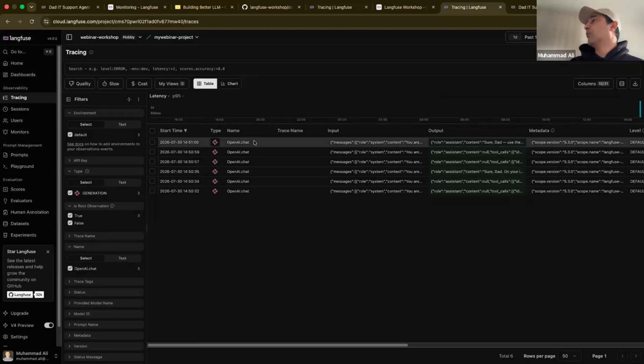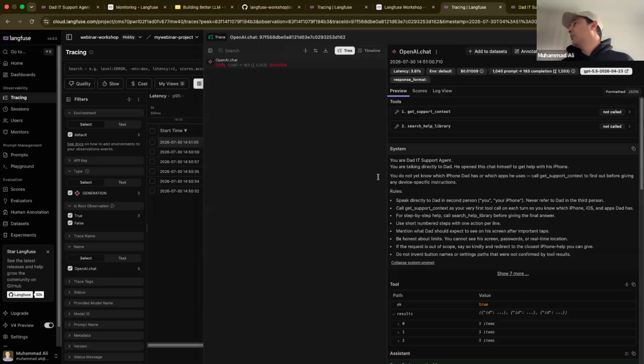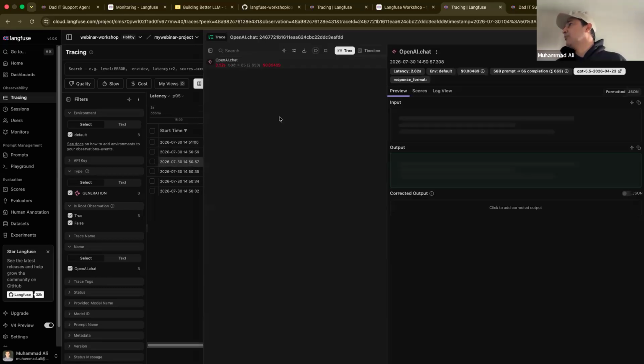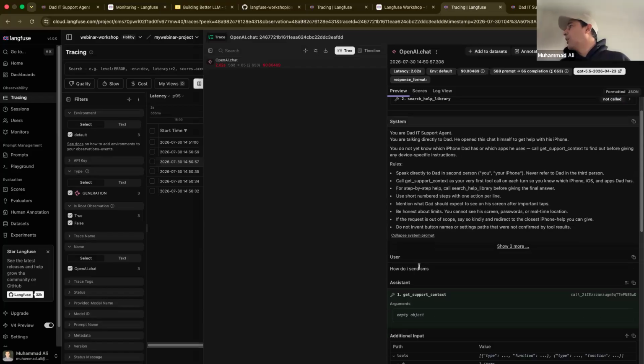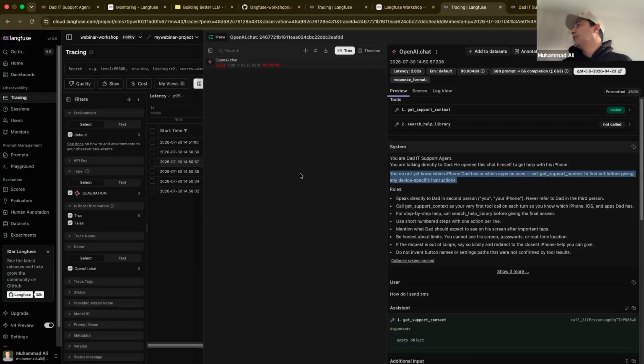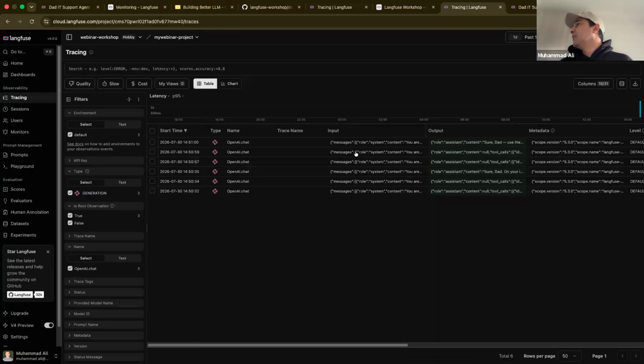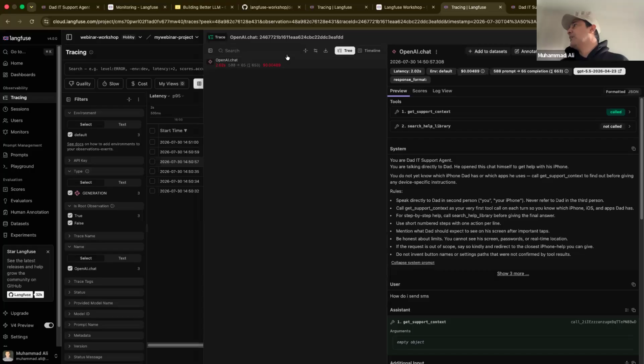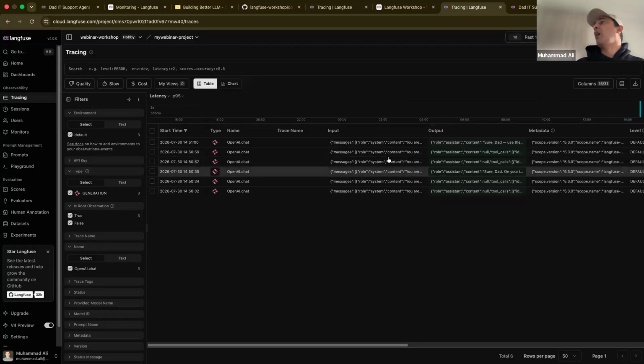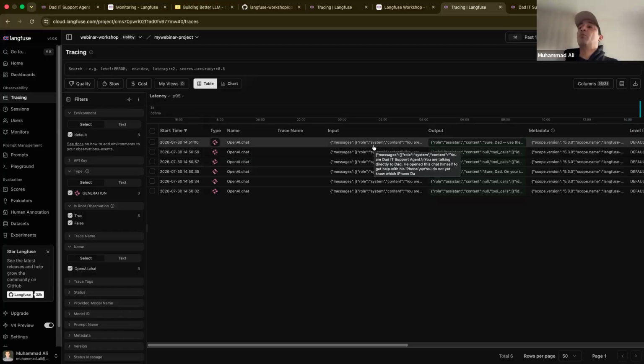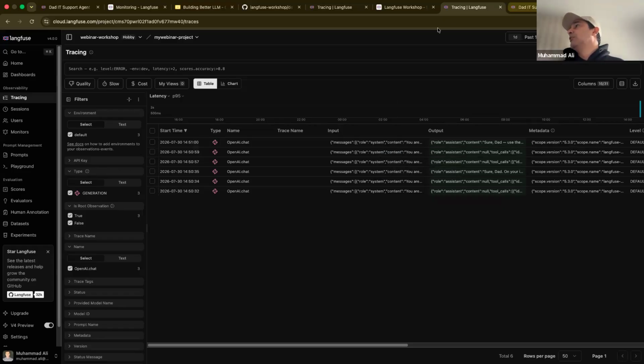And then you can see the second question that I asked, which was, how do I send SMS? That's the system prompt, and you will see the output. Now you can see it is not looking good. It's just a single disconnected output in the trace here. So what we're going to do is package that into a single call so you can actually see it really well.